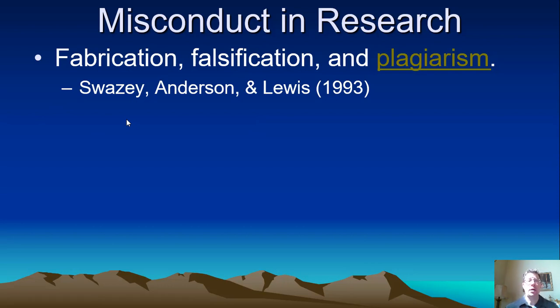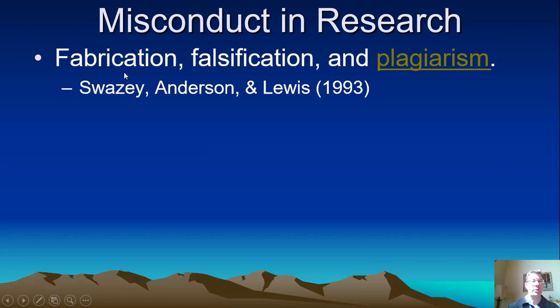And there is no justification for this, but I think one of the reasons why this happens is this notion of publish or perish. You may have heard of this. It's this idea that faculty have to publish so many manuscripts a year or in a short period of time in order to keep their job. In different departments on campus, it's typically like 1 or 2 publications a year on average. And you can imagine if you get behind and you're not publishing a study or 2 each year, you might start to panic. And I think that's where this stuff starts.